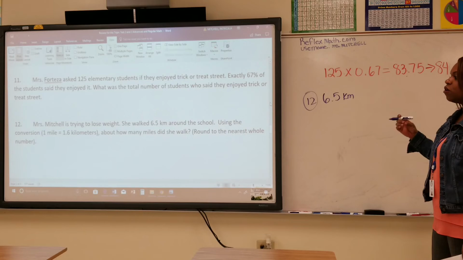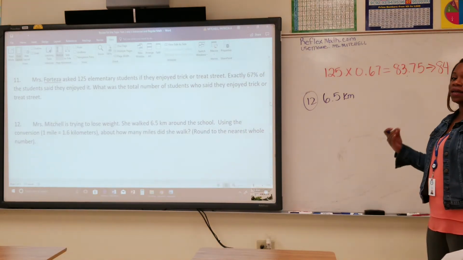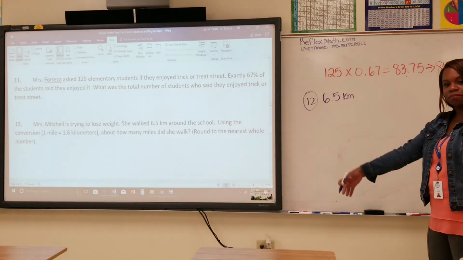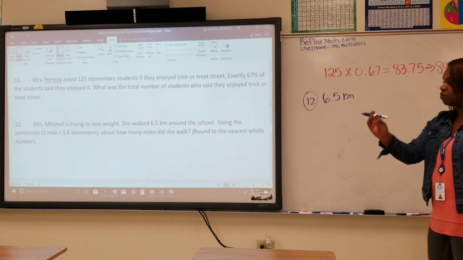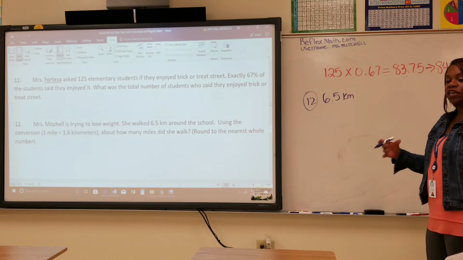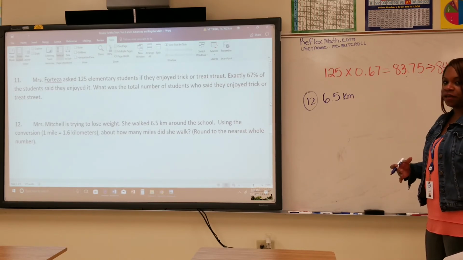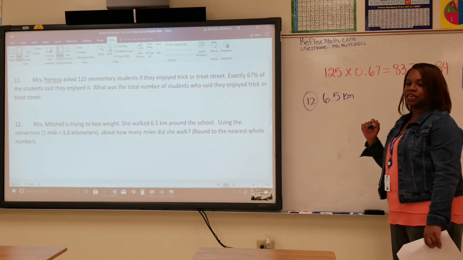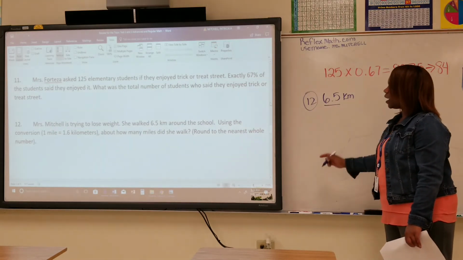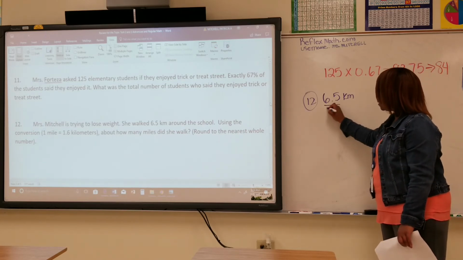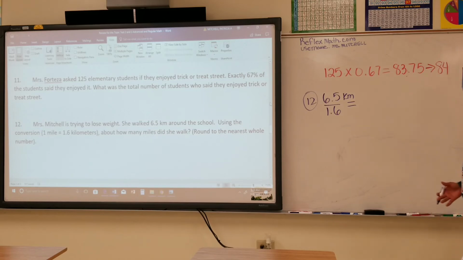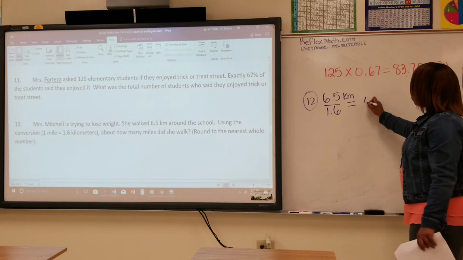So remember, we are going from a smaller unit to a larger unit, because we're going from kilometers to miles. When you do that, you have to divide. Okay, so we have 6.5 kilometers, that was the information that was given to us, divided by the conversion, 1.6. When we divide 6.5 divided by 1.6, we get